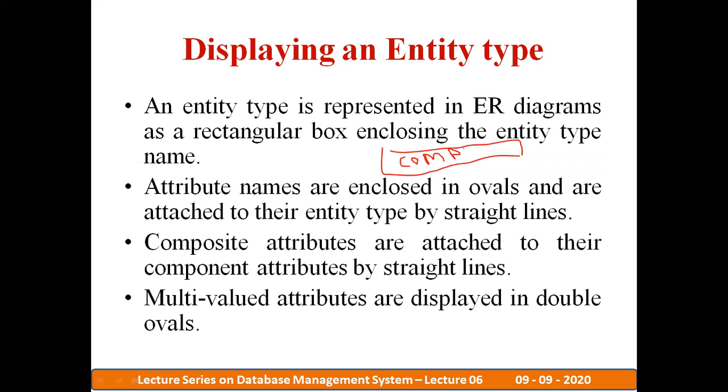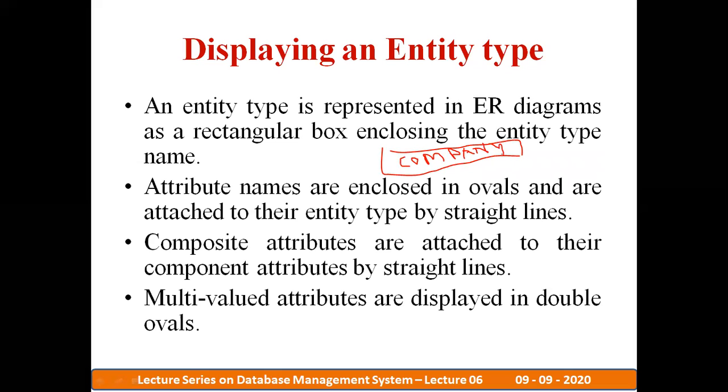The name should be enclosed within the rectangular box. These entity types can be of 2 types: the strong entity type and the weak entity type. We are going to discuss that in the next video.